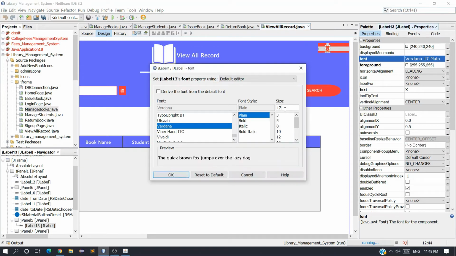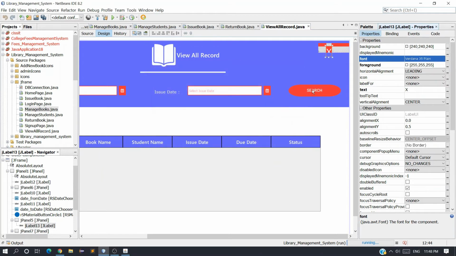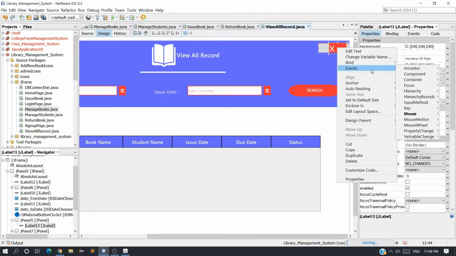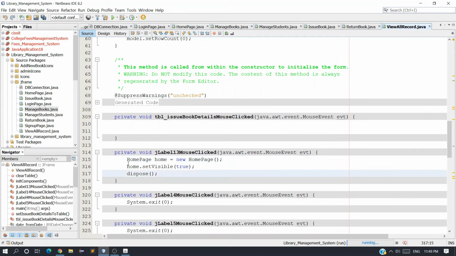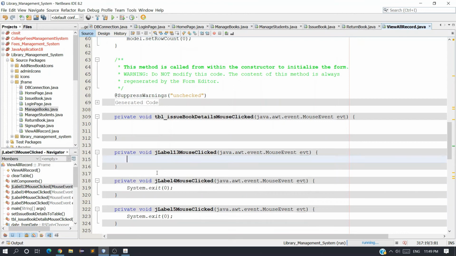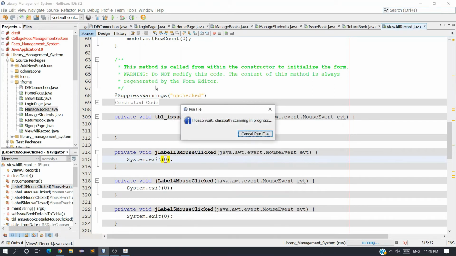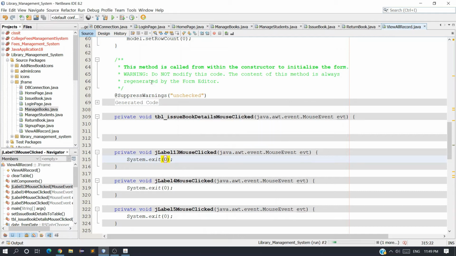I want to make it 35. Okay, done. Now we need to apply an event, set event and mouse click, and here we don't want to go to home, we just want to close this program. So System.exit(0). Okay, all set. Let's run and check whether both buttons are working or not.